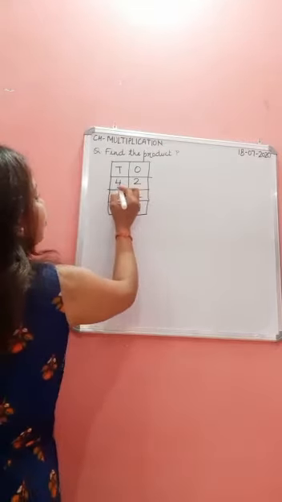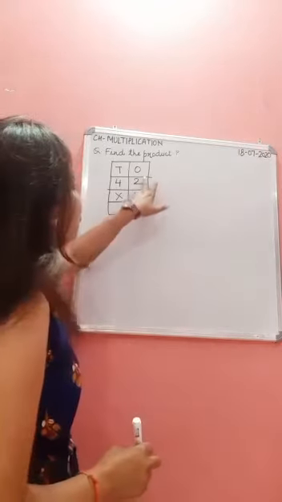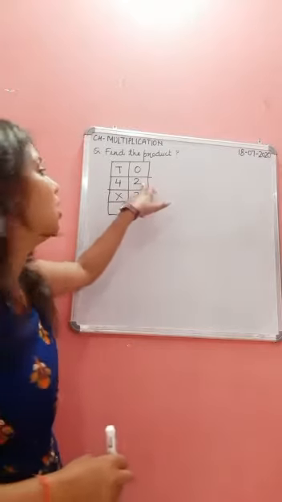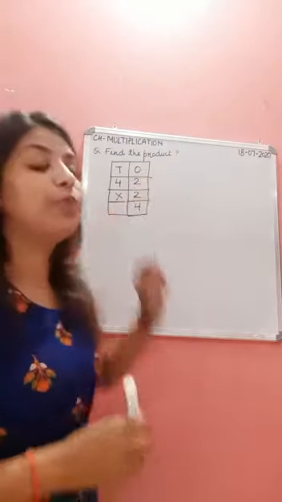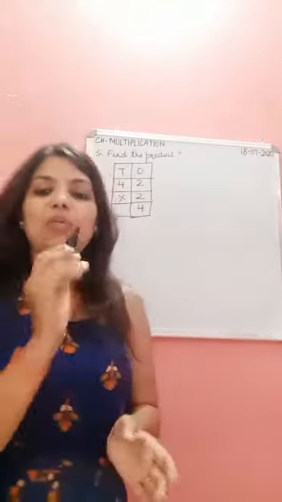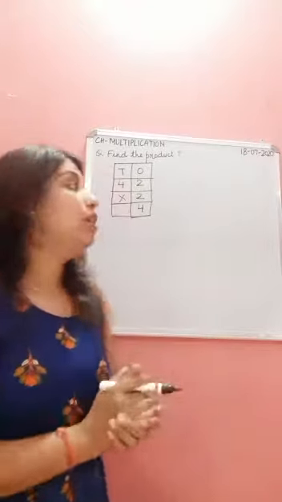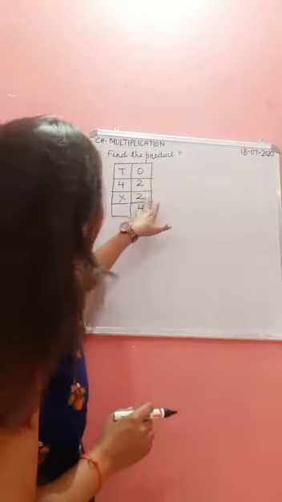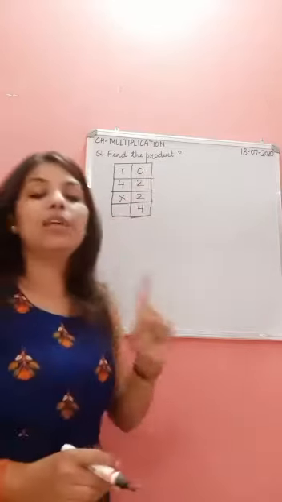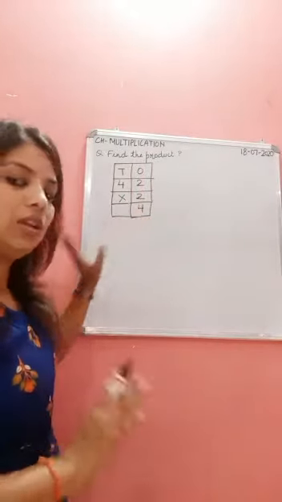First we have to say a table of 2 up to the number which is given on the ones position. Number 2 is given on the ones position because when you read the place value chart, children, you see first ones, then tens, then 100, then 1000 and so on. So first we do 2 to 2, because 2 is on the ones position. First we multiply the number on the ones position. So 2 2s are 4. Okay, this is complete.